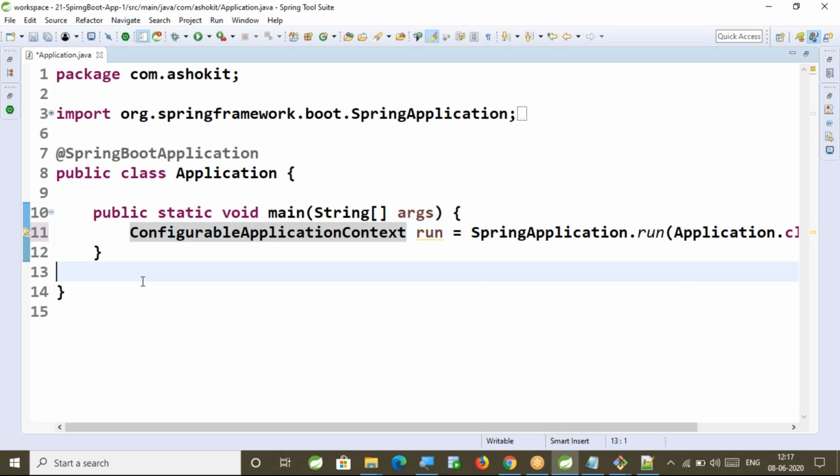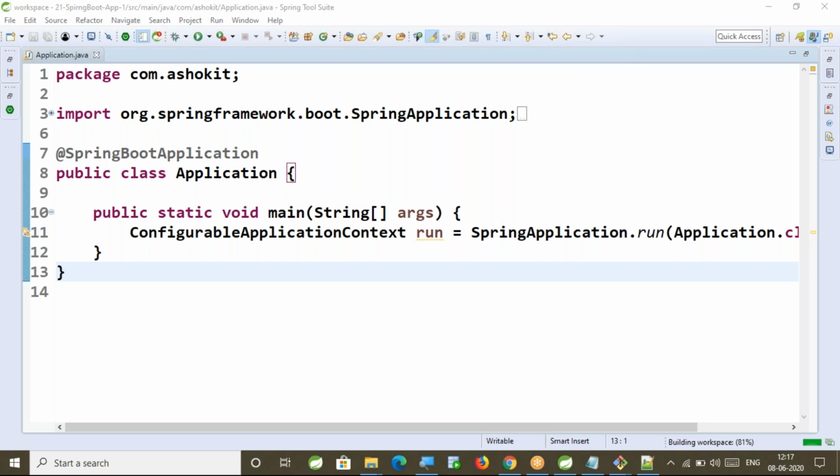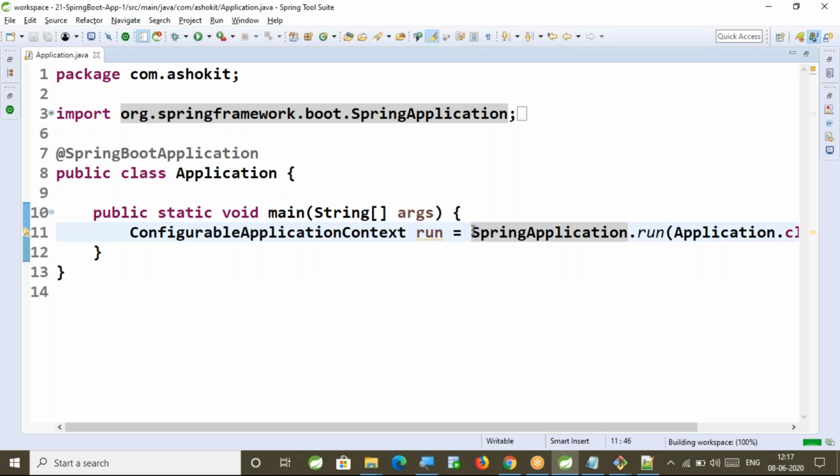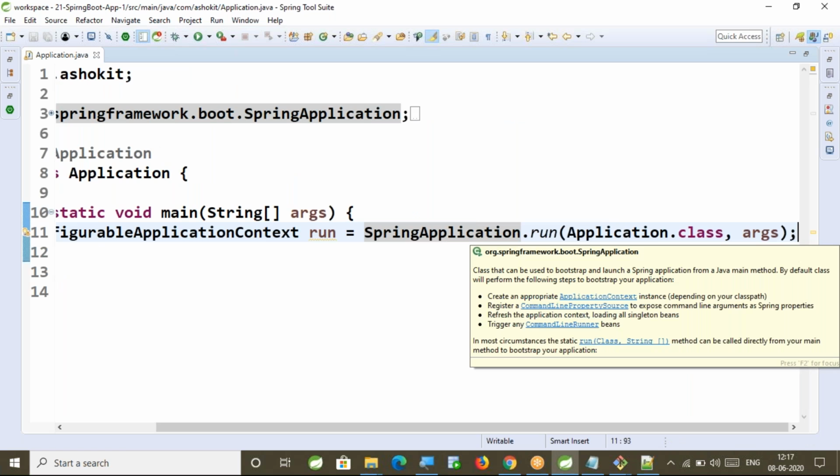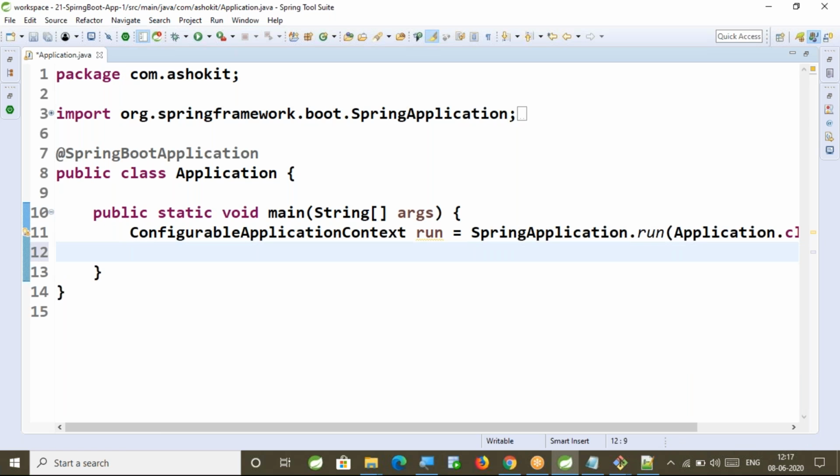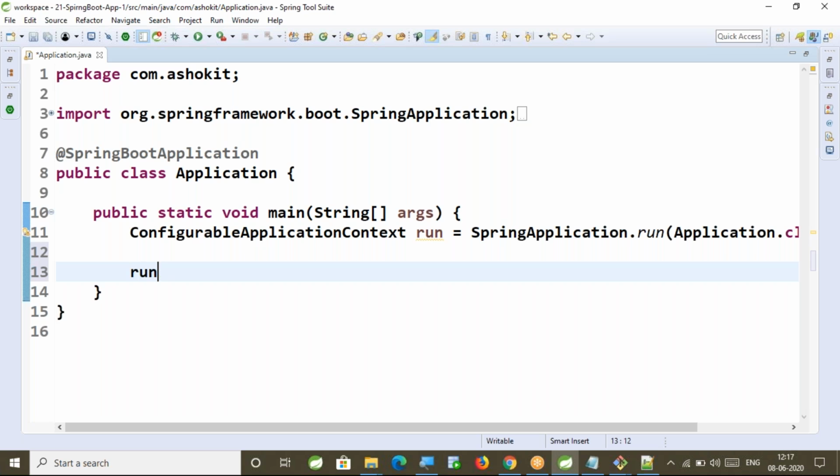It is going to return a configurable application context. That means I modified some code here. Now I want to do context.close, that is run.close.